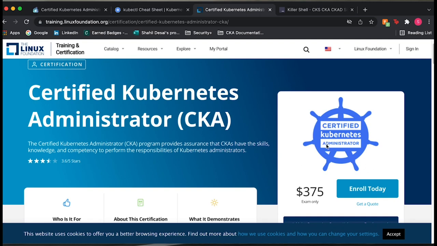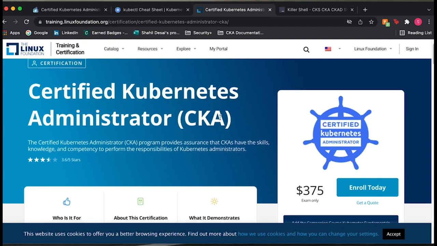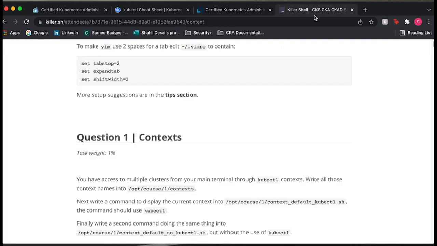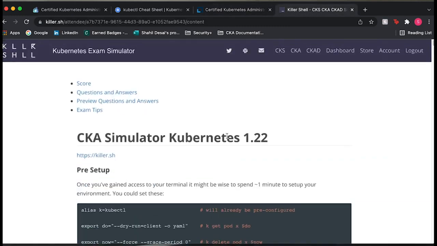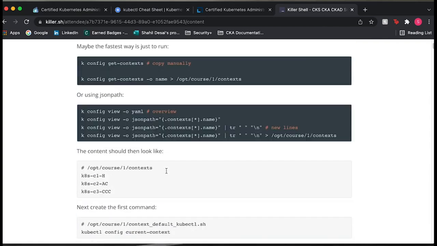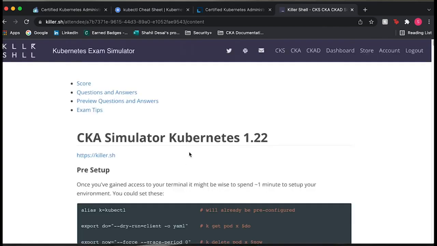But when you buy the exam directly from the Linux Foundation, they give you 2 free attempts to that Killer.sh exam. So if you go over here, this is what Killer.sh kind of looks like, right? So they'll give you a question, and then they'll give you some of the commands or how to do it. And again, these things are a lot harder than the actual CKA exam,